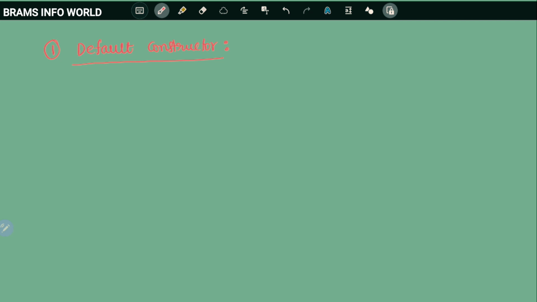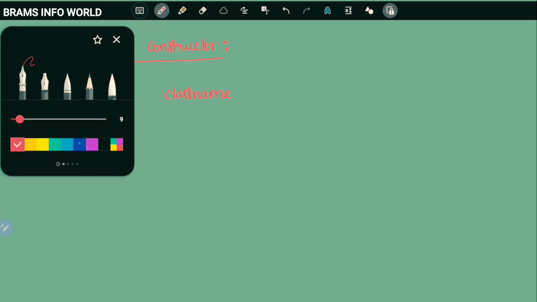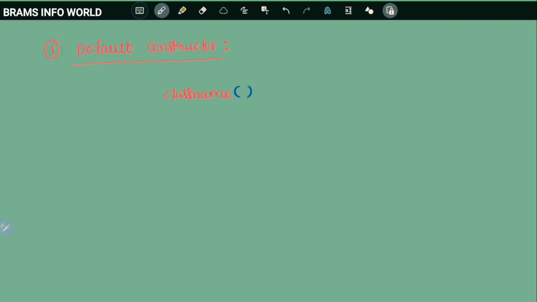What is default constructor? Simple. Class name identified with parenthesis, and we have to define instance variables. Here we are going to assign values.